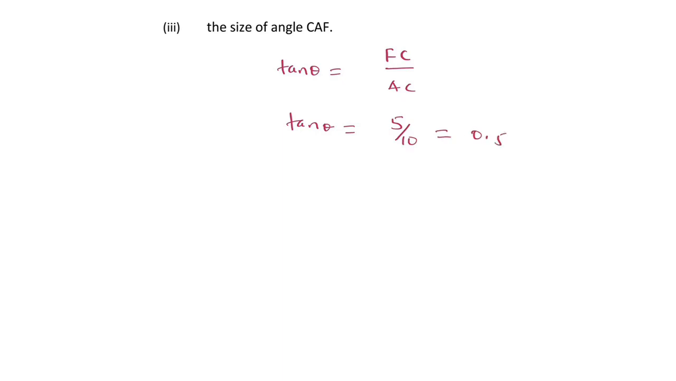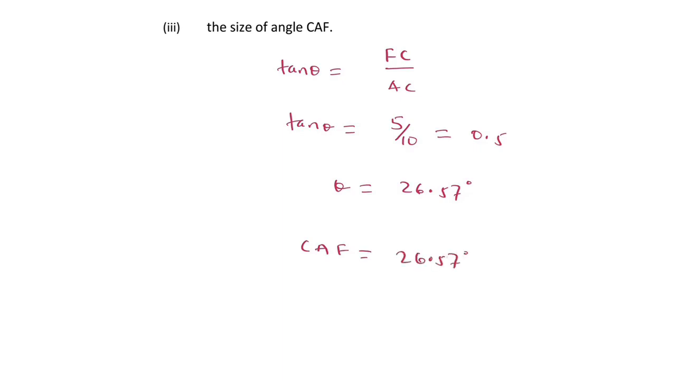Next we are going to find the tan inverse from the table, of which the value of our theta is going to be 26.57 degrees. Therefore, we conclude that angle CAF equals 26.57